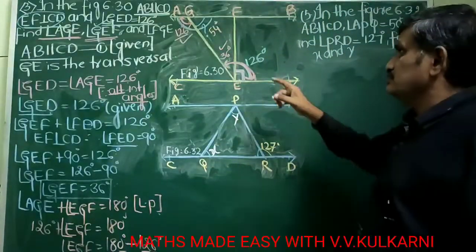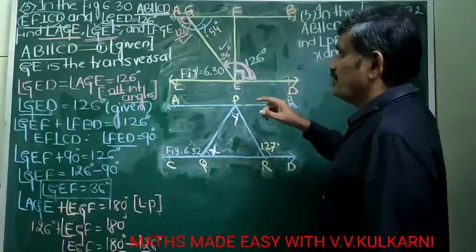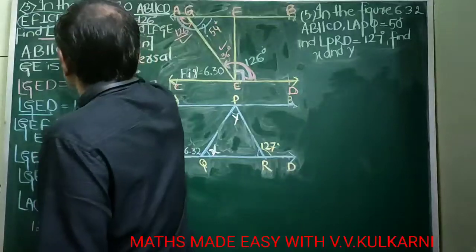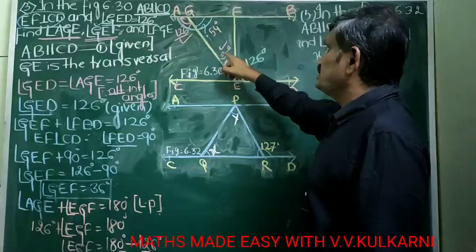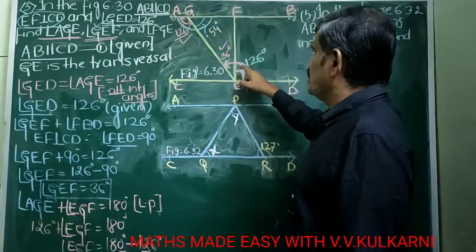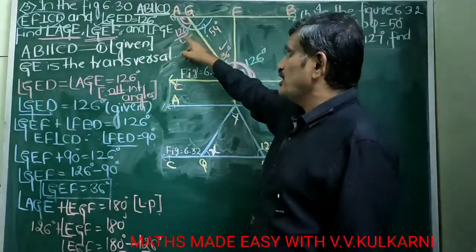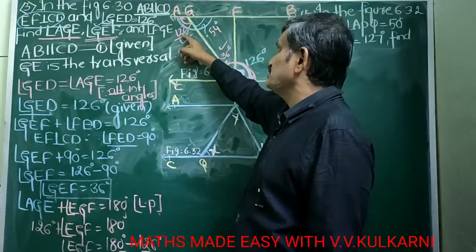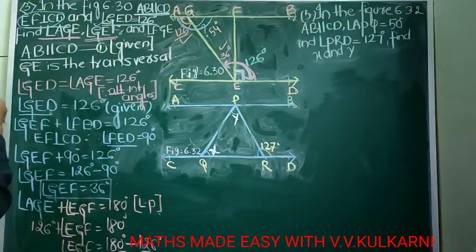I repeat once again, what we have done is we have found this first, 36. How did we find 36? Actually here the first one that we have found is what? AGE. AGE, we have taken these two as alternate interior angle. Next they asked you this one. This one is 90 plus this much, or 90 plus x is equal to 126. So this is 36. Now these two are linear pairs. So this plus this should be 180. Out of that, if this is 126, this has to be 54. So this is how we can solve the third problem.